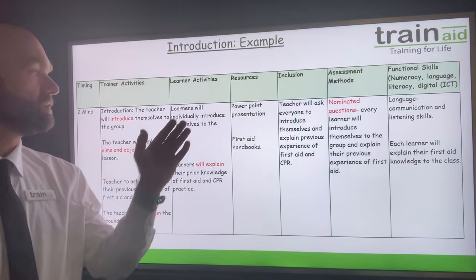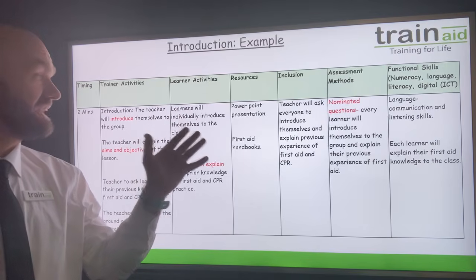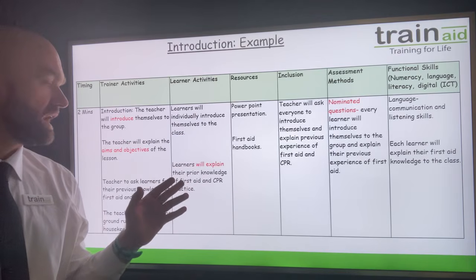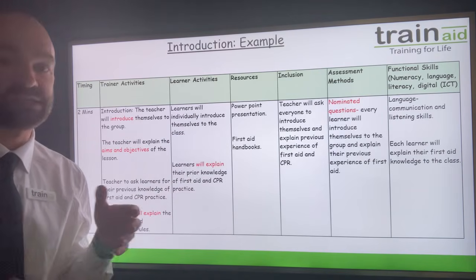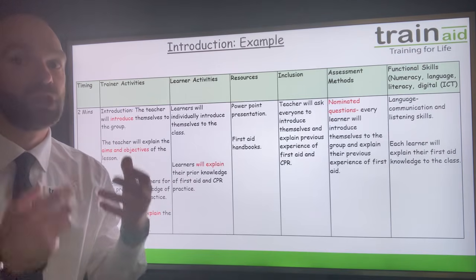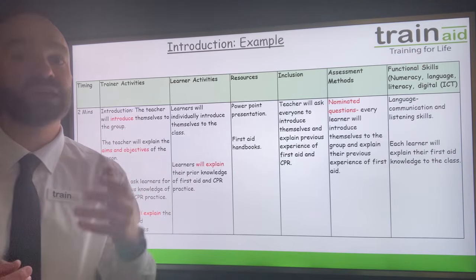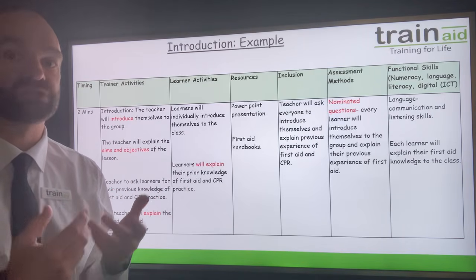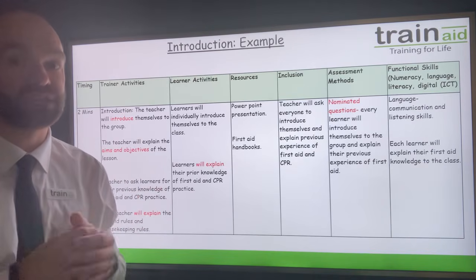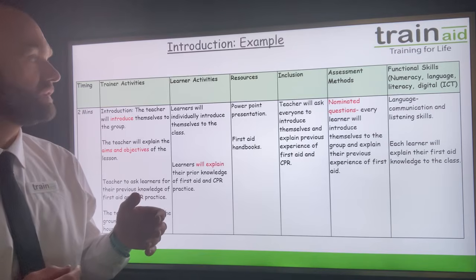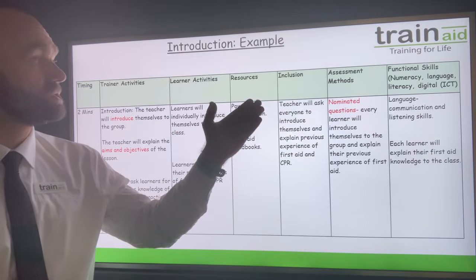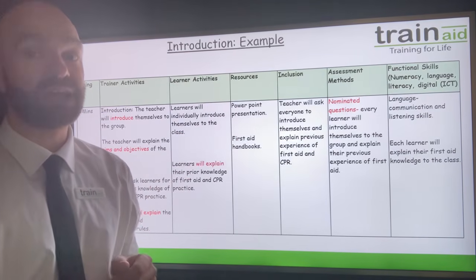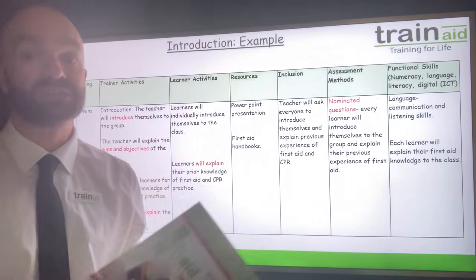We also have the learner activities. The learner will individually introduce themselves to the class. Learners will explain their prior knowledge and first aid and CPR practice experience as well. So we're setting the scene, we're saying the aim and objectives, and we're asking learners to say their previous knowledge of first aid. Myself as the teacher, I can see how experienced they are within first aid. And we also have resources, so obviously a PowerPoint presentation,